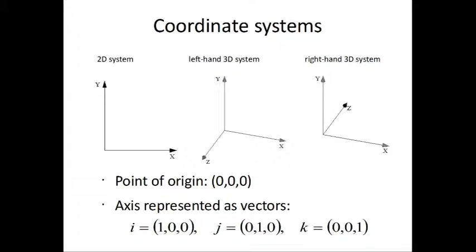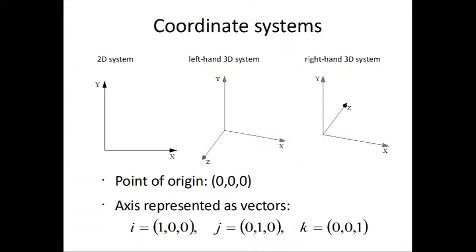We see here a two-dimensional coordinate system, which is fairly simple and we've all used before in trigonometry and other courses. Basically an xy coordinate system with x extending to the right, y up. And then we have two three-dimensional coordinate systems. One of them called the left-hand system, the other one called the right-hand system, and the difference lies basically in which direction we decide to extend the z-axis or add the z-axis to this already established xy